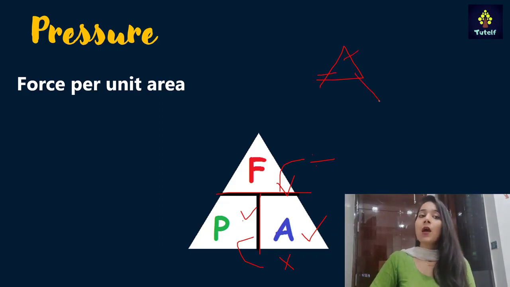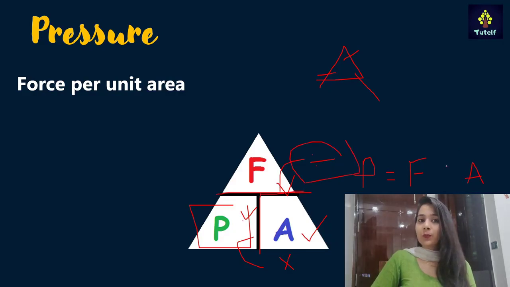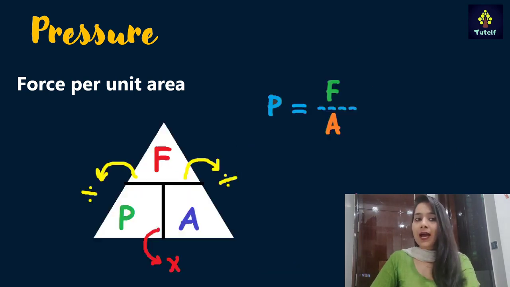After you have done this, for example, I need to find the formula for pressure. I'll write pressure, force, and area. I want the formula for pressure. So pressure equals, now the line that comes in between force and area is that of division. So I'll put the sign of division here, and hence I get my formula: pressure equals force divided by area. I hope this is clear to you.